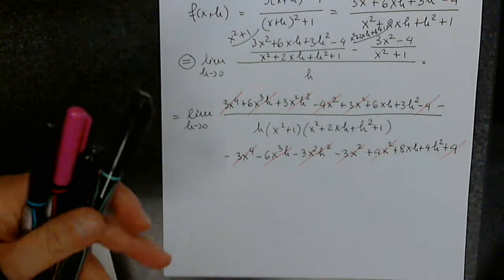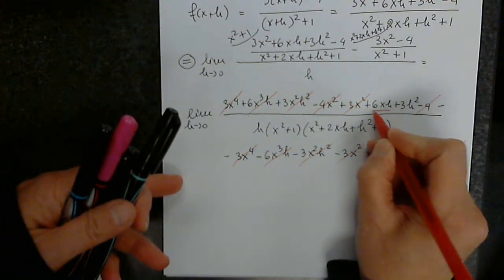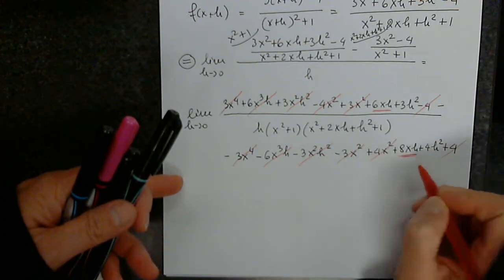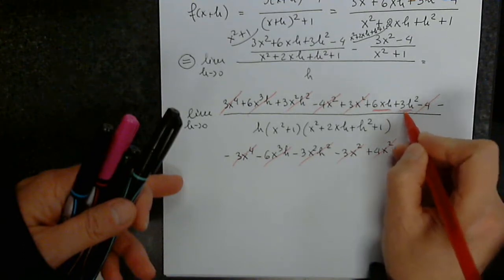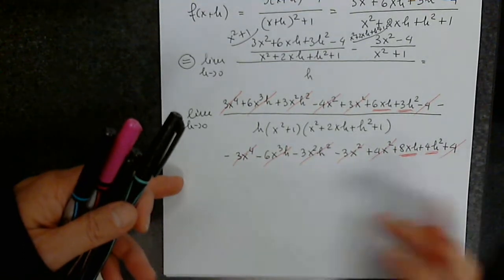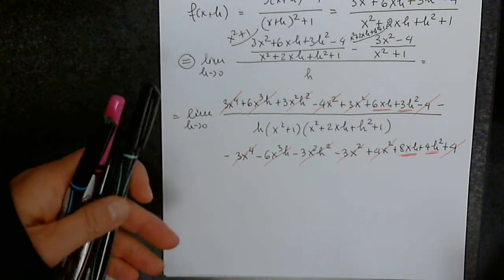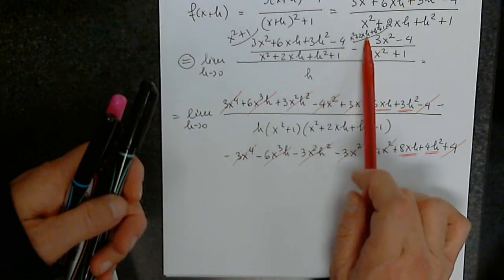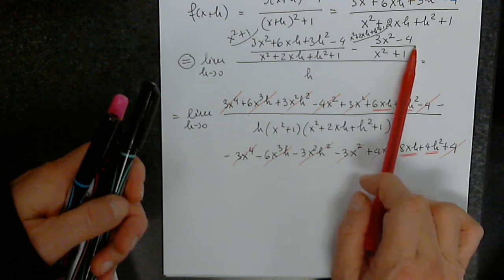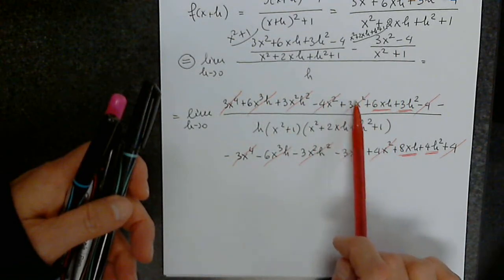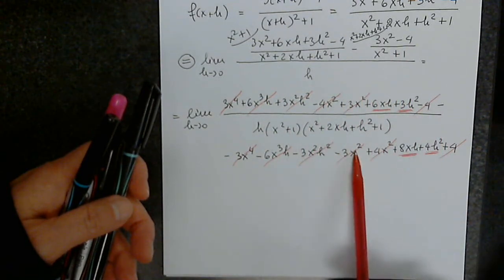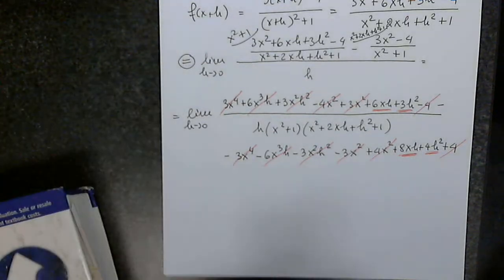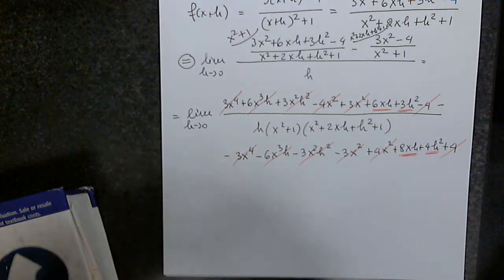Okay, so a 6xh with an 8xh, a 3h squared with a 4h squared, and I don't see anything else. So 1, 2, 3, 4, so 8 here. 1, 2, 3, 4, and 8 here. Yeah, I have 16 terms. Okay, so then finally,